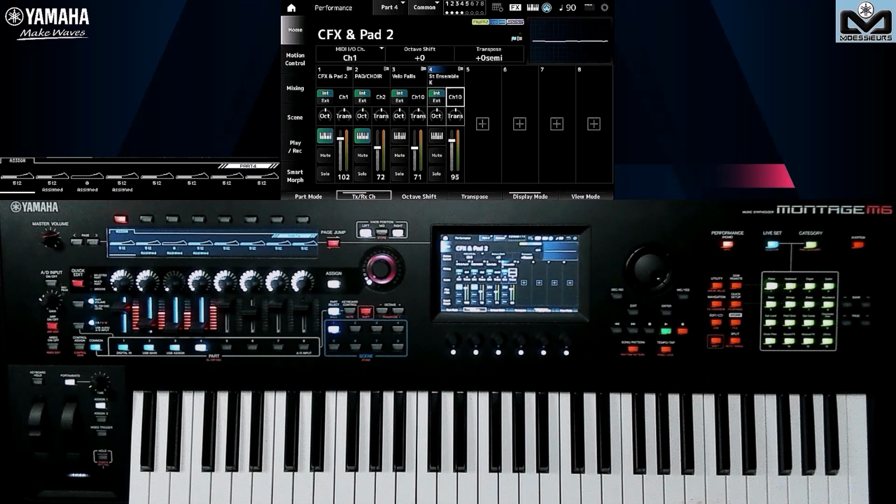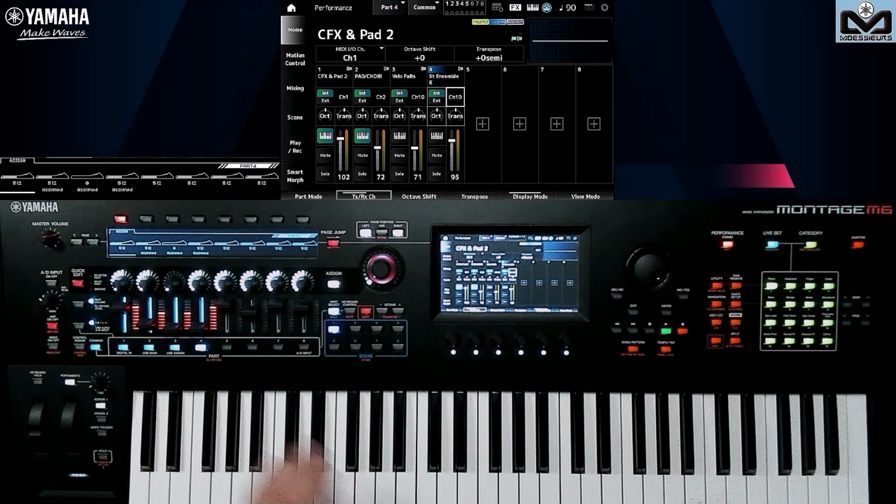I can manage both. I don't necessarily need my other keyboard to be multi-zone. I can put several parts on my Montage M, excluding keyboard control, on the same MIDI channel. That's something you couldn't do before with the Montage or Modx, but now you can, right from the screen. But also, you want to test this string alone.